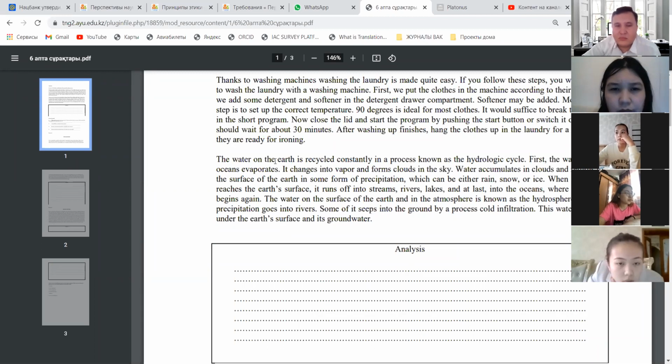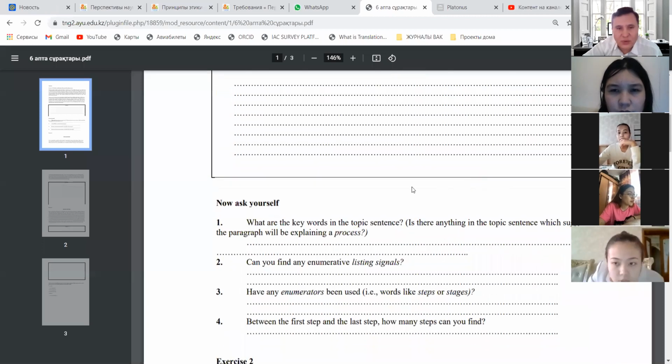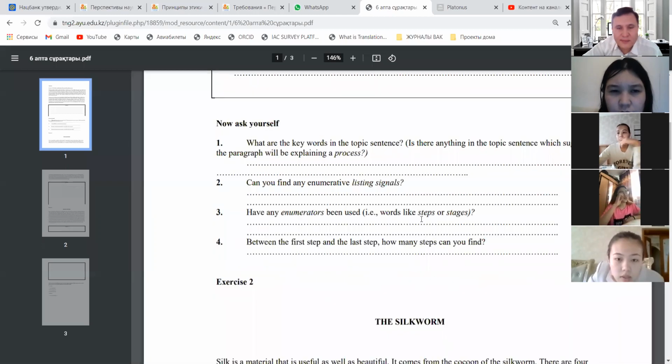Not all. And I have enumeration with conjunction. No, enumerative signal words. First, first. Yes. That's all, maybe. When the water. When